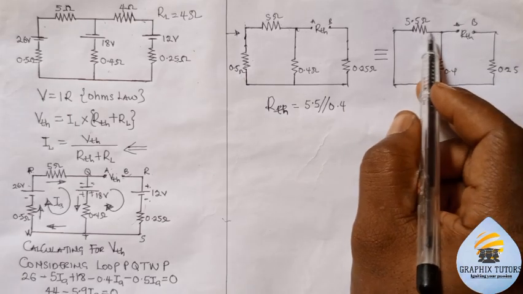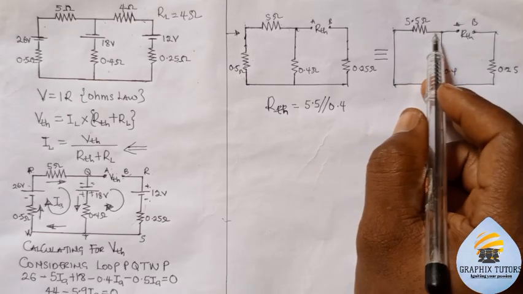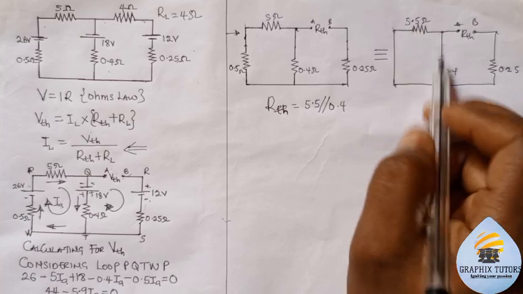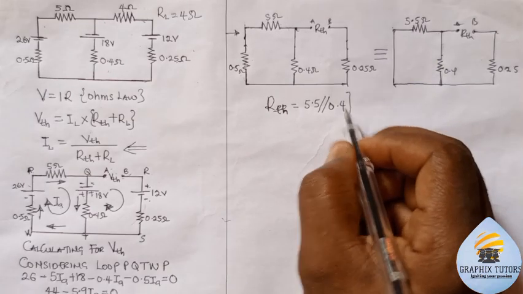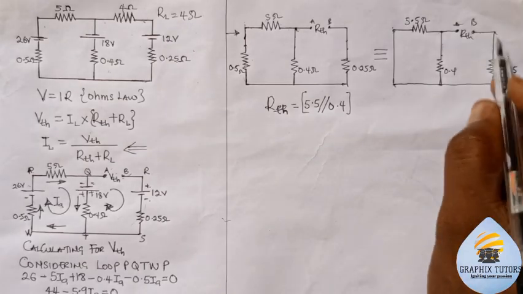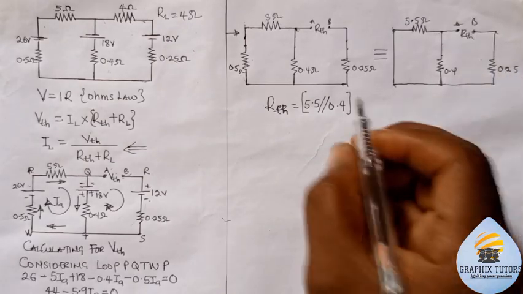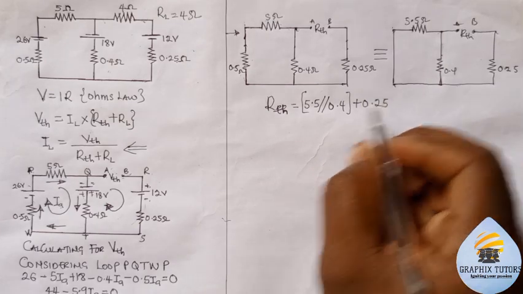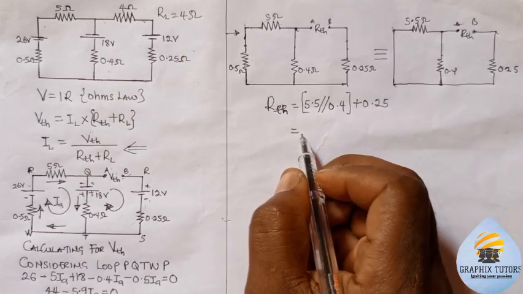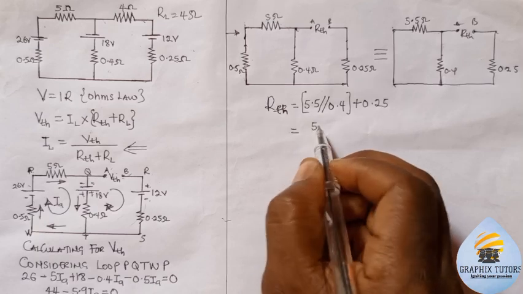Why? Because these are two different paths, meaning they are parallel to each other. Then this one is just in one path, standing alone, so it's in series with the 0.25. Now when you say something is in parallel, you are going to multiply both of them,